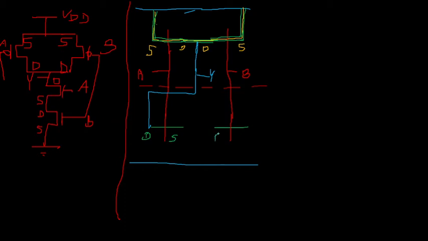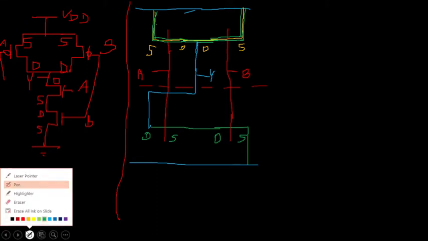So let us say this is your drain and this is source, and both of them are shorted together. So you can make this short connection, and the source remaining now, this source of B, is connected to ground. So you can extend this line towards the ground terminal. Now this is your complete stick diagram, but we cannot call it complete until we draw the contact cut. For contact cut, we use a black color circle for this stick diagram. So we will make a black circle.